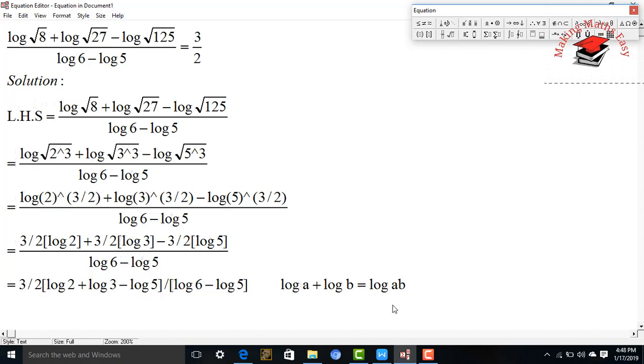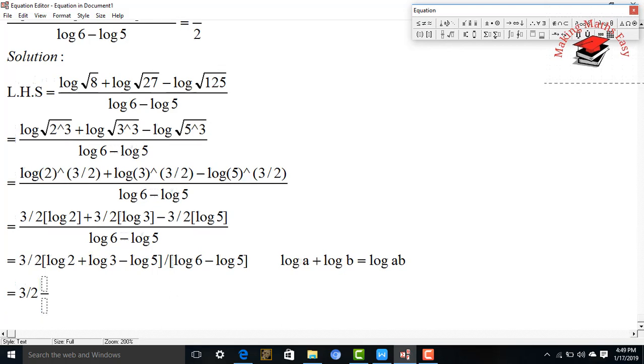Now we will use this property in this case. So here we will write 3 by 2 and bracket. We can use the divide operator or not, it's one and the same. You can also use many other operators. So log of 2 plus log of 3 gives me log of, write a bracket, 2 into 3